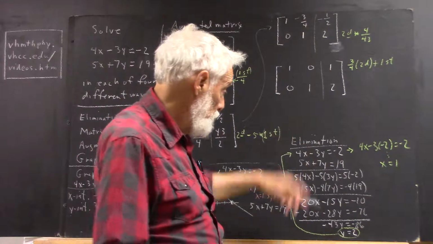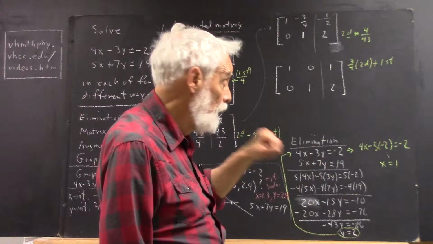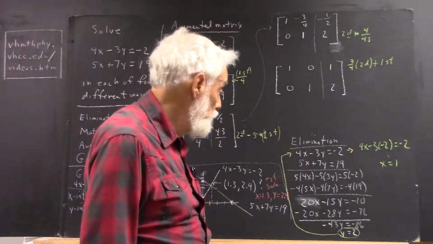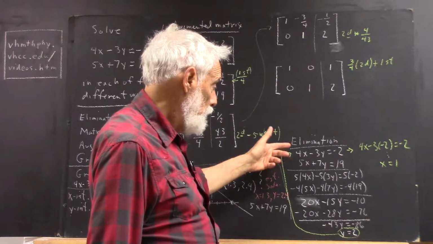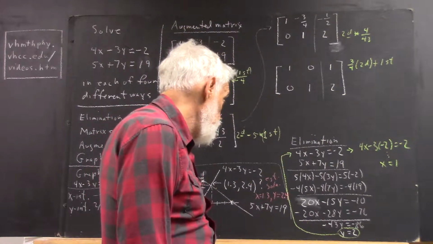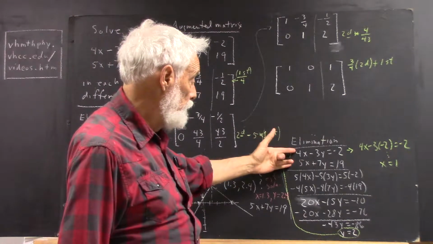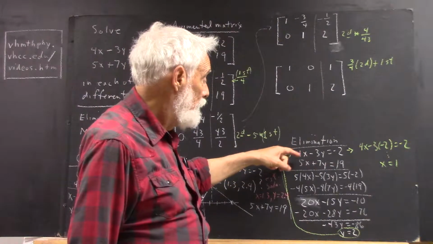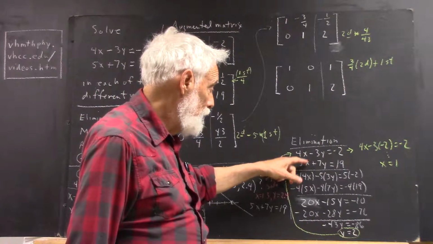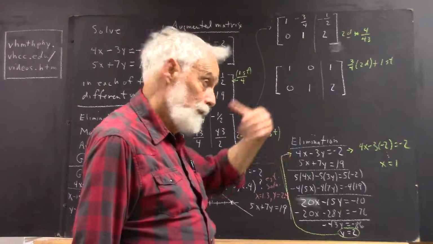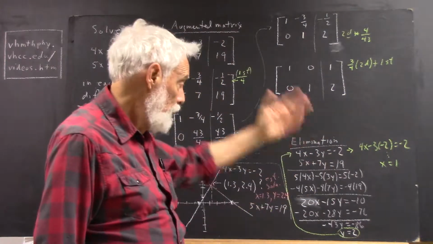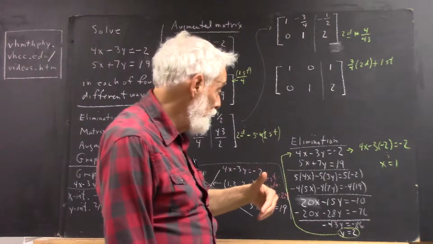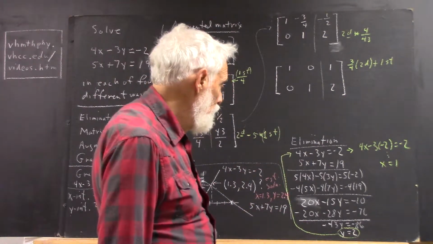Now, at least one person in the class chose to match up the y's because they have opposite signs. So there's good reason to do that. But I went ahead and decided to match up the x's. So here's our system. Now, to get the x terms to have equal and opposite coefficients, well, if we